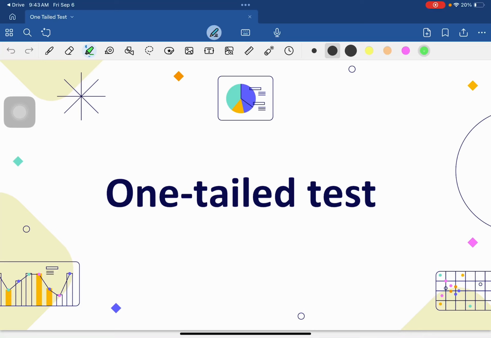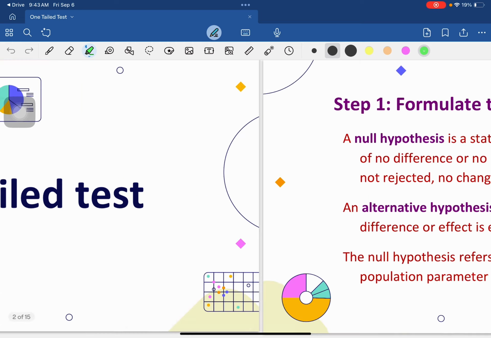Okay, so we're here for another video, and this time this is still using estimates. So we're moving forward to hypothesis testing. We start off with a one-tailed test. Before we go to a sample problem, let's first have a short background of a one-tailed test, or where they use it, and what are the parameters to consider to be able to execute a one-tailed test.